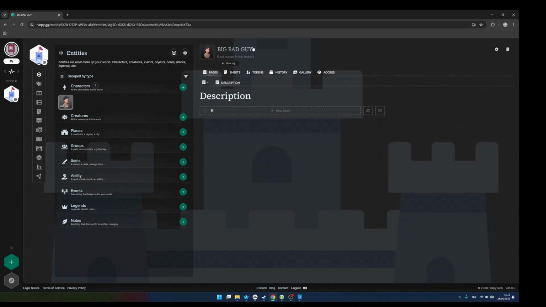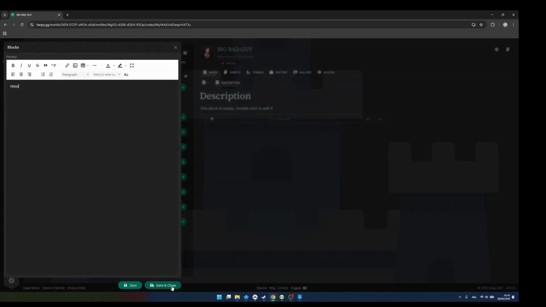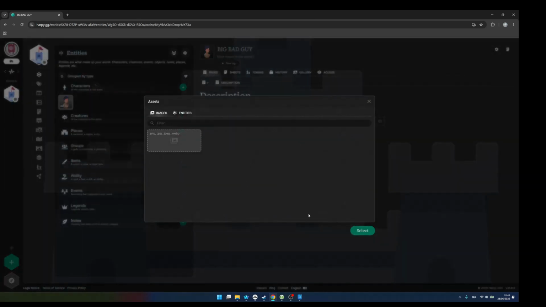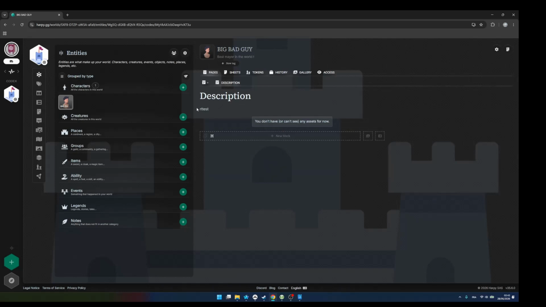The picture is here, the name is here, the description is here, and then you will be able to add description blocks, text, galleries for pictures, etc. Your character appears under the characters list of entities. You can click here